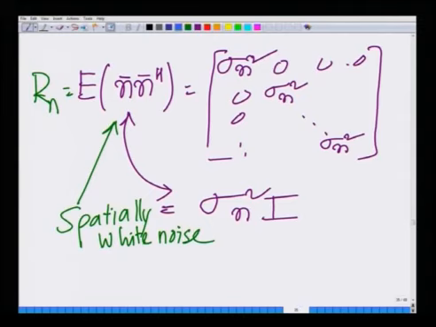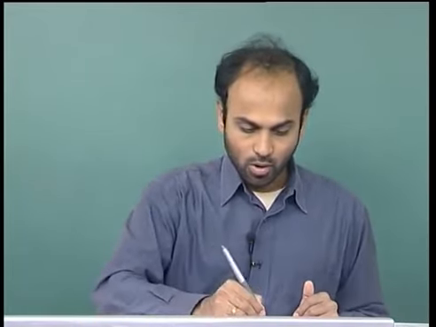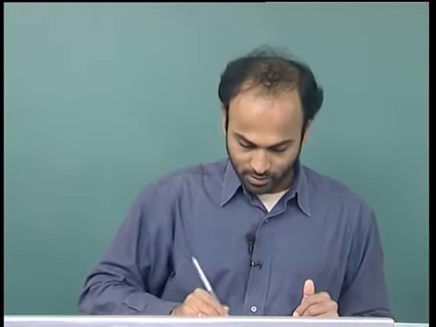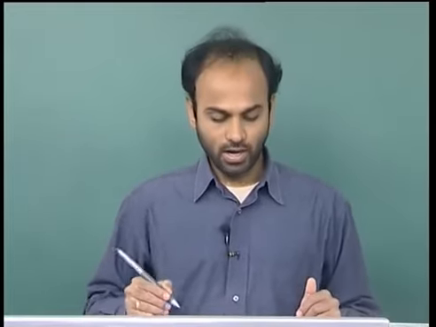It is also known as isotropic, which is to say that it is equally distributed in all directions of this matrix. Well, the sense of direction is not yet clear in this discussion, but as we go progressively, we will see in MIMO systems there is a sense of direction and so on. So, this is isotropic noise, that is, it is uniformly distributed in all directions of this r dimensional space. Right. So, with this, let us go on to today's lecture, in which we will progress to other topics on MIMO.